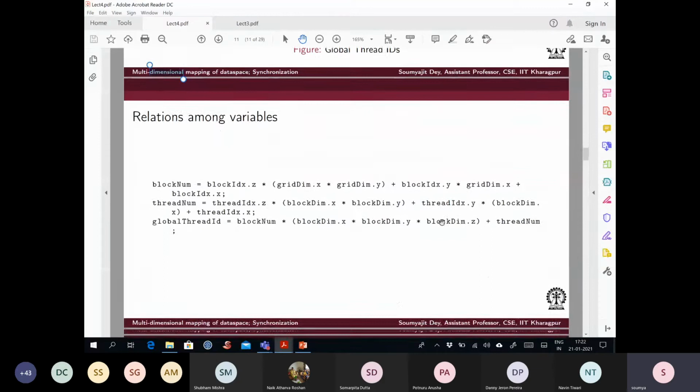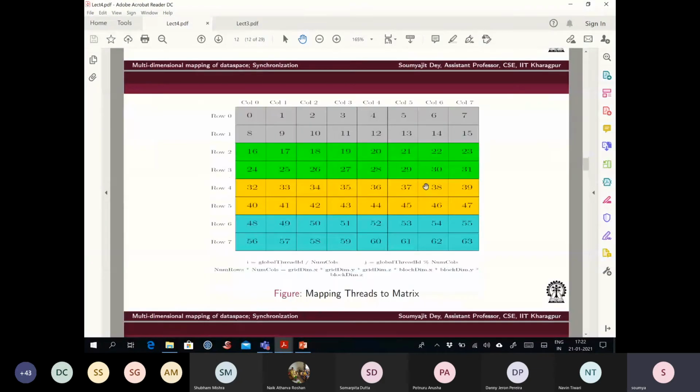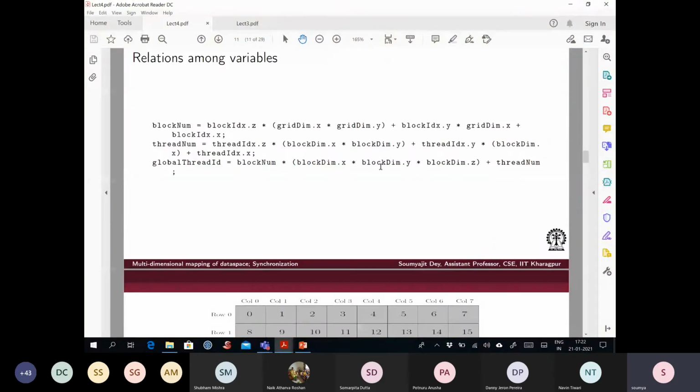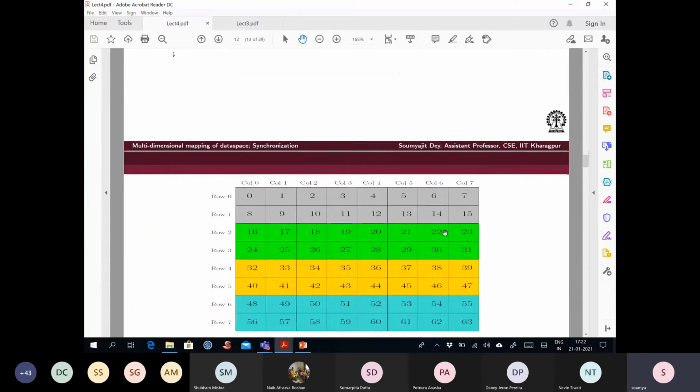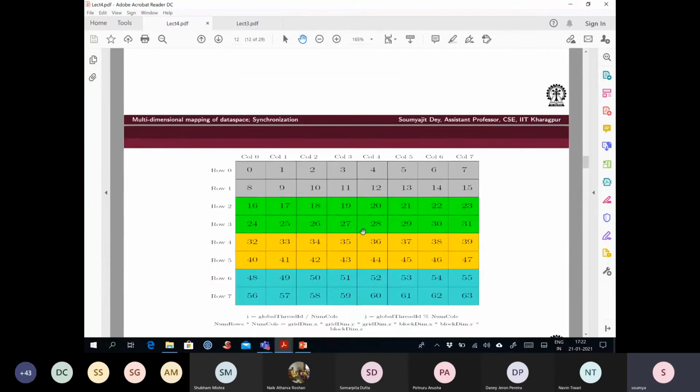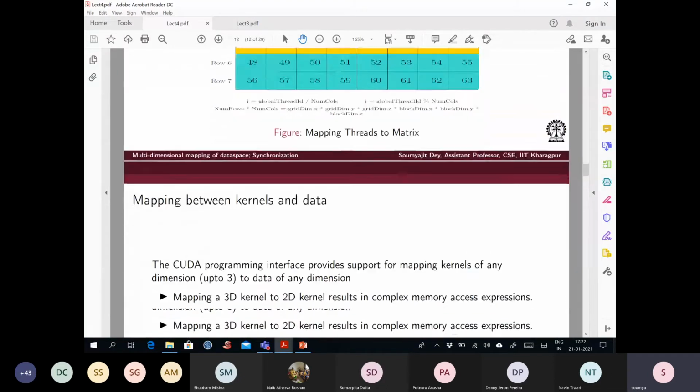Okay. So I think it will be fine because as you can see with this, I can derive for every thread what is the global thread ID. And these are some of the relations which help me to derive what is the block number and thread number of a grid based on the other ID values, right? Now, if we see for that example, this is how the different blocks will sit. So each of the blocks here are colored in different colors. And for each of the blocks, we can see what are the rows and columns they are occupying in the 2D space of the matrix for that example.